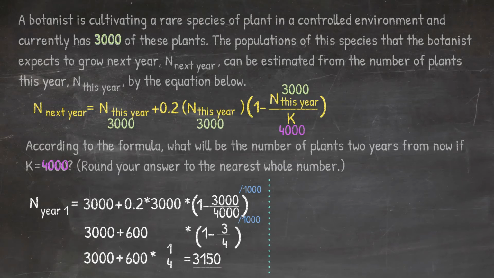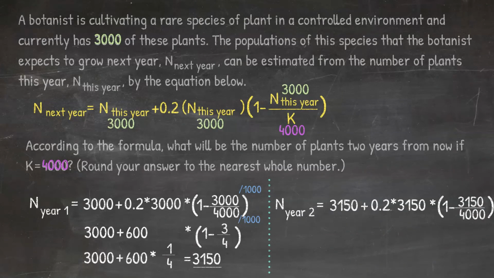So what we get is 3,150 would replace the n this year. Since year 2 is next year, then year 1 is this year, plus 0.2 times 3,150. Again, it replaces the value for n this year. And times 1 minus 3,150 over 4,000. Let's perform calculations. 3,150 plus 0.2 times 3,150 times,